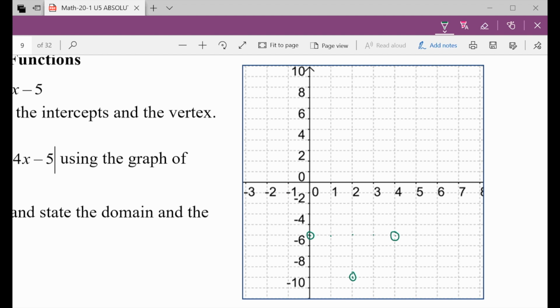Cool. And we know that this is what we call a regular parabola with no coefficient in front of the x². So we know it goes over 1 and up 1, over 2 and up 4, good, and over 3 and up 9, which is there. And luckily, that also gives us what we know to be our x-intercept. And we can work the other way as well. Over 1, up 1, there, good. Over 2, up 4 is good. And then over 3, up 9 brings us to (−1, 0). And yay, that's our other